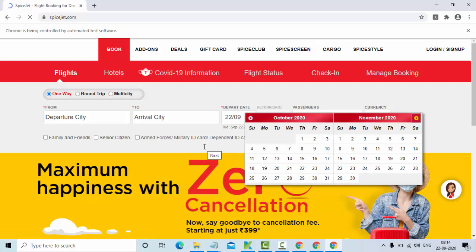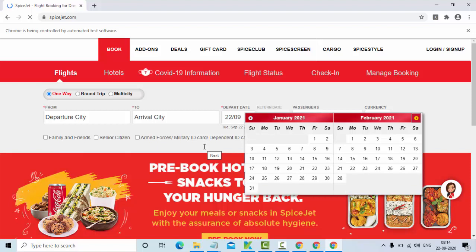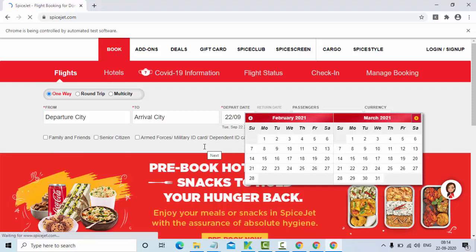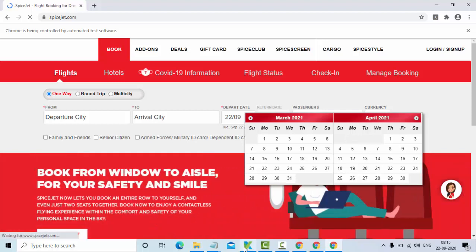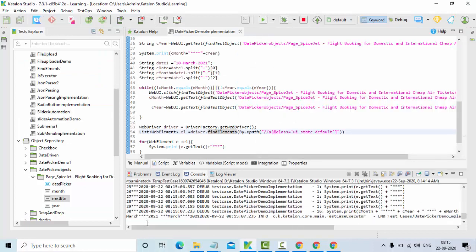Now, once it goes to March 2021, it should display all these dates. That is my concept. Then I'll click on the 10th. You could see it's still executing because it's still showing me all these values, right?